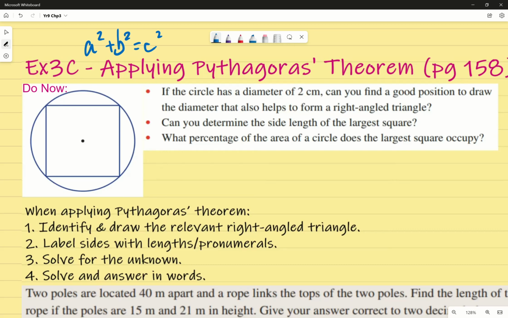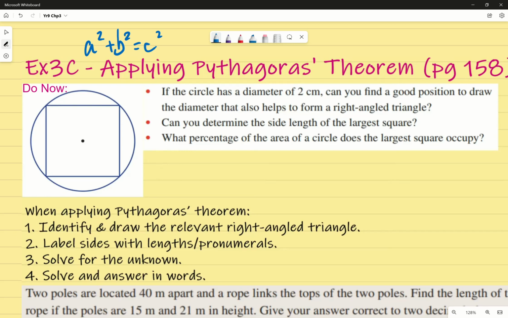Now the whole idea, we've talked about it, is that Pythagoras theorem we know is a real thing and we know how to use it, but how do we apply it? Okay? So for this, we're going to be following a set of rules where we can use Pythagoras theorem to make it a bit easier to understand, even when we're presented with information in a worded form. Okay? So the first example that I'm asking us to do is look at this do now question